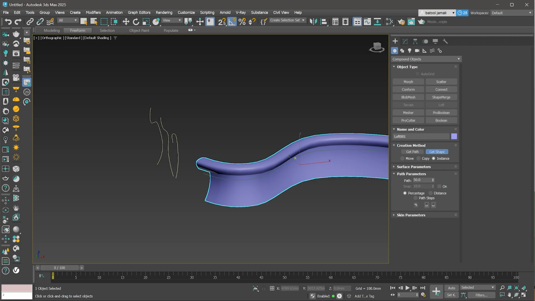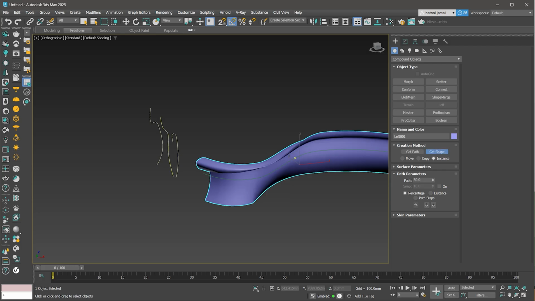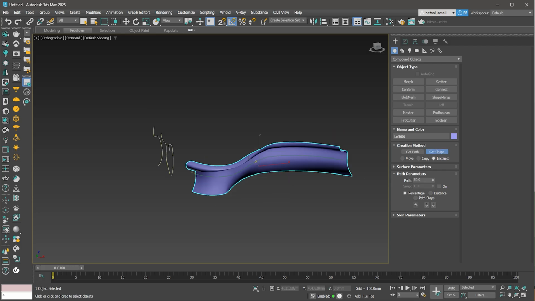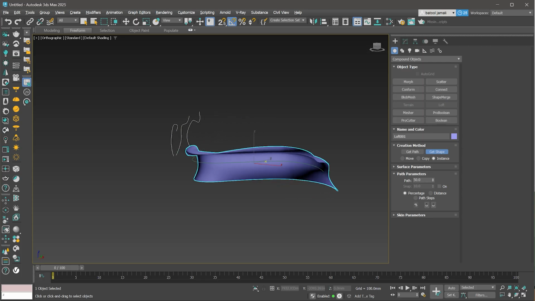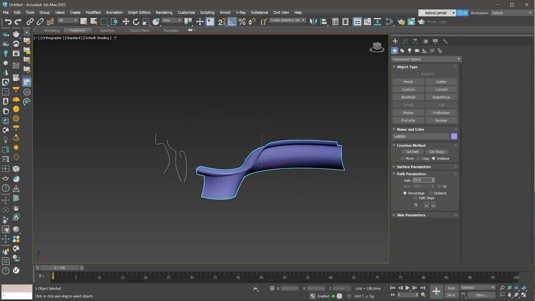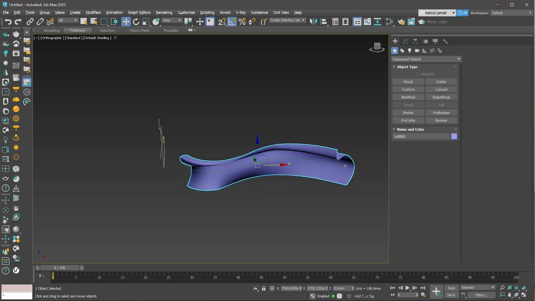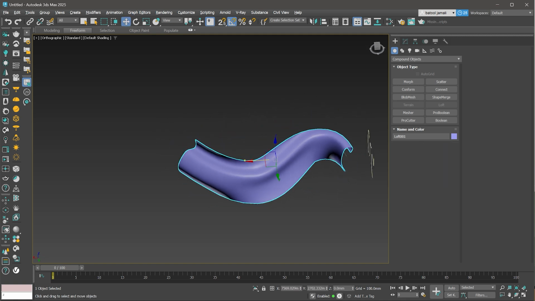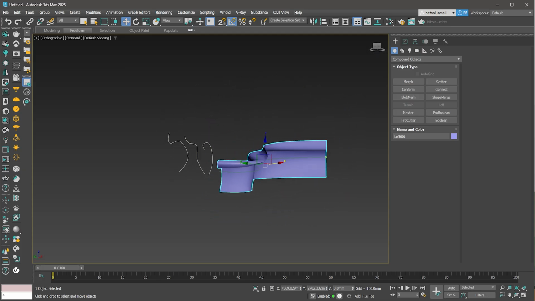And I'm going to get the second shape. So it will start from the first shape, and then it will continue to the second shape. And then I'll go to the end of the path, which is 100%, and I will get the third shape. And it will give me this kind of extrusion. Okay, so it will start from the first shape to the second one to the third one, and you can